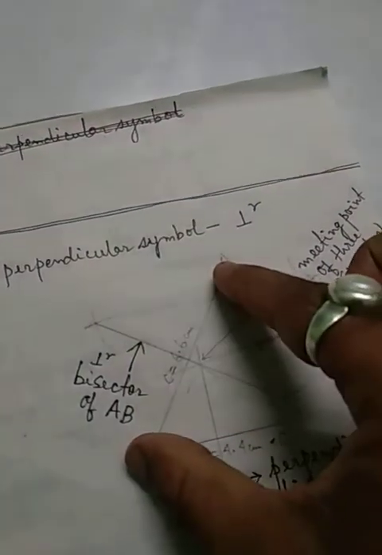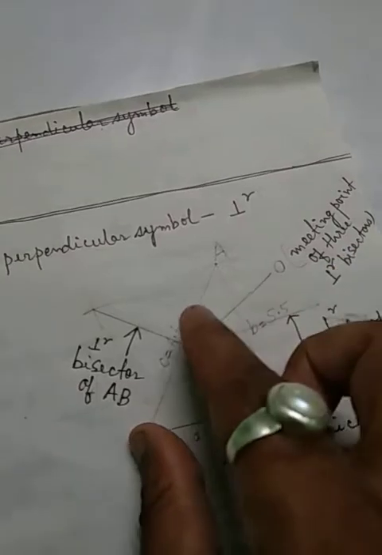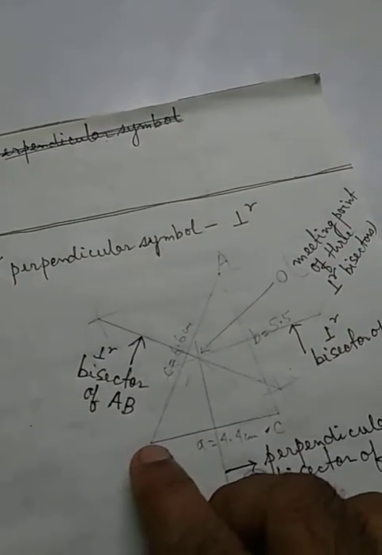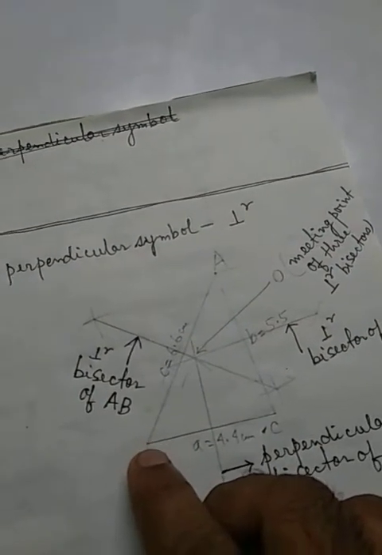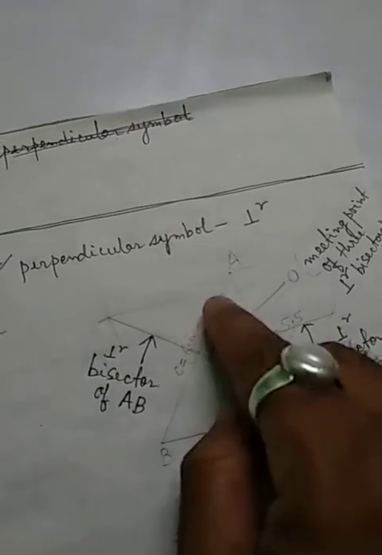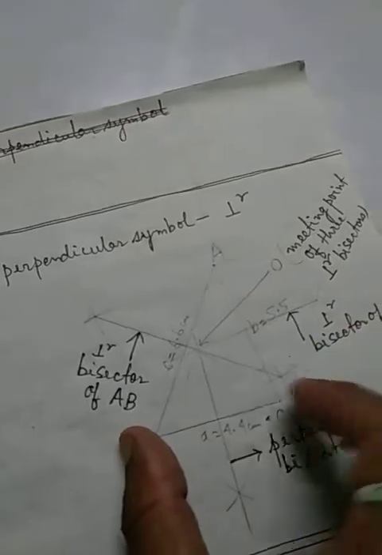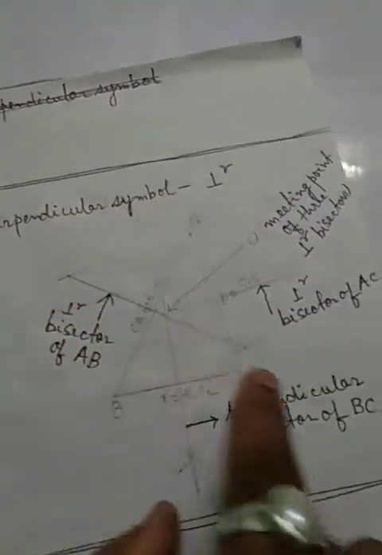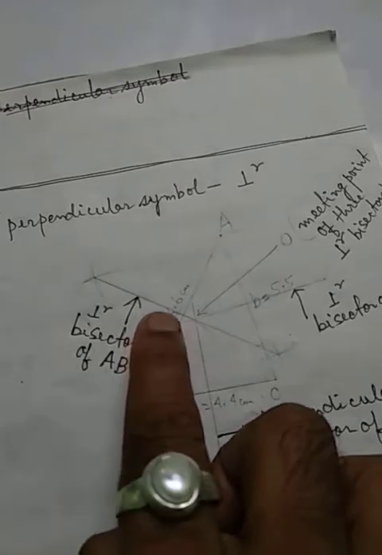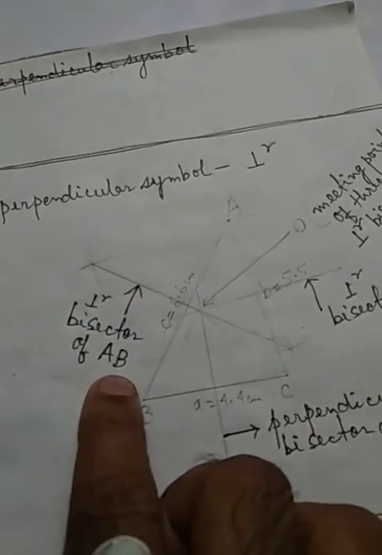Whatever is the total length, make it a little less, and you have to take it from both the vertices. That means the points A and B. So from B you take left of the line, same arc right. Repeat the process from the other vertex A. You cut over here, keeping the same arc, you cut over here. Join the line. If the line is joined, this gives me the perpendicular bisector of AB.